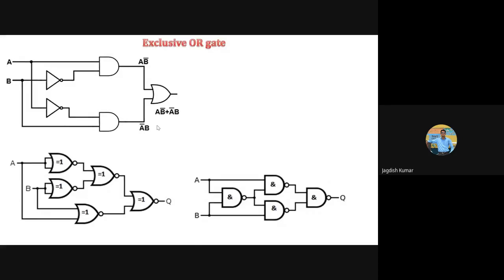There is another implementation of exclusive OR gate with the help of NAND gates only. Again, I leave it as a homework to you. Note the circuit properly. You have to prove that output of this circuit made up of NAND gates shall be nothing but the Boolean expression for exclusive OR gate. So you have to apply the theorems of Boolean algebra and prove this. Noted this? Did you note this? Are you okay? Should we move forward?